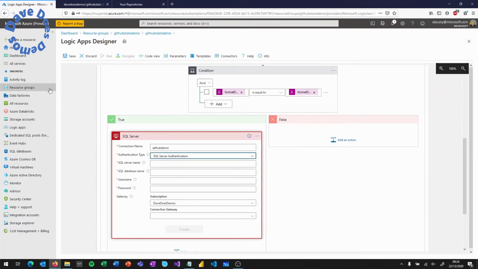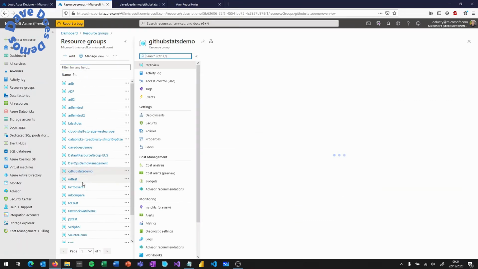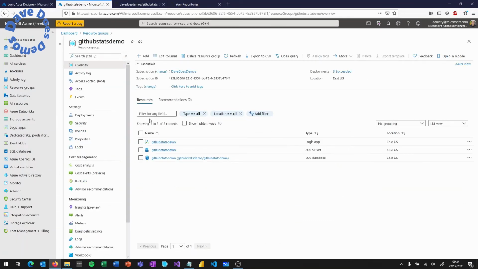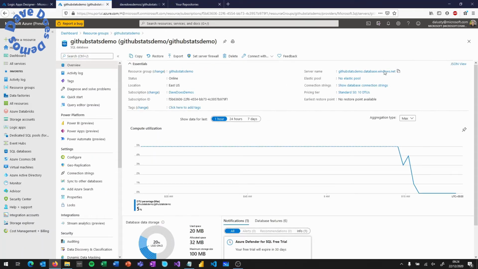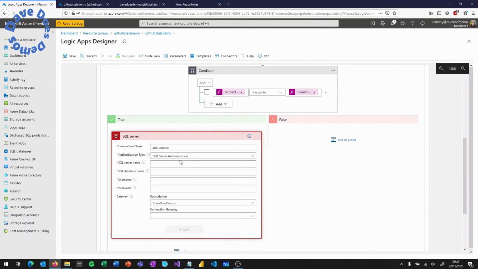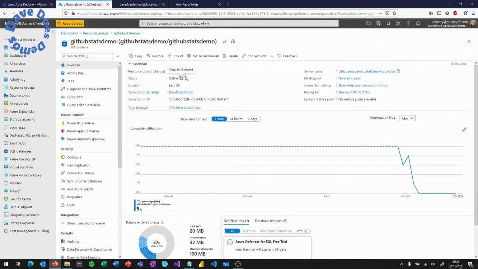We're going to go back into our SQL Server just to copy these things out. So we need the name of the SQL Server, the name of the database. So for this, click into the actual database itself, not the SQL Server, just because it's easier. Copy the server name from the top right, paste it in, and then copy the database name from the top left on the correct tab,